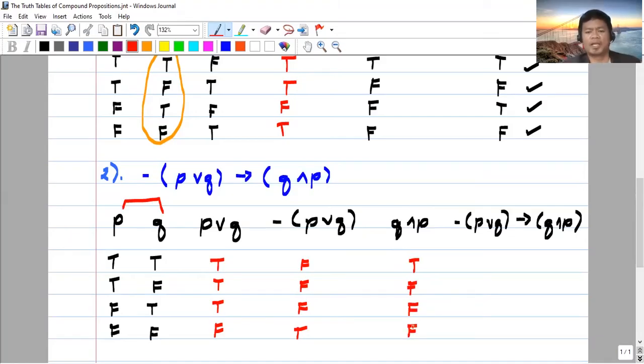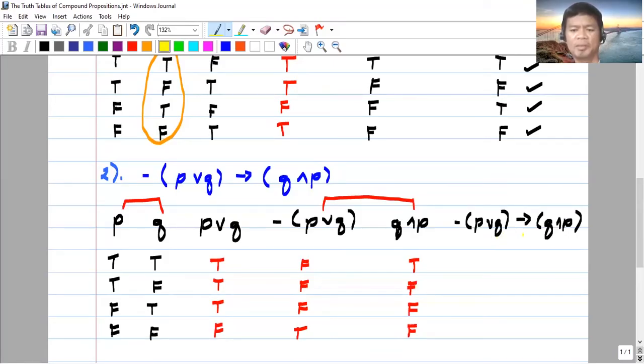Next, we are now ready to give the final value of the compound proposition, the negation of P or Q implies the conjunction of Q and P. So we are going to combine this expression under implication. So we have our final answer, which is in the conditional statement,